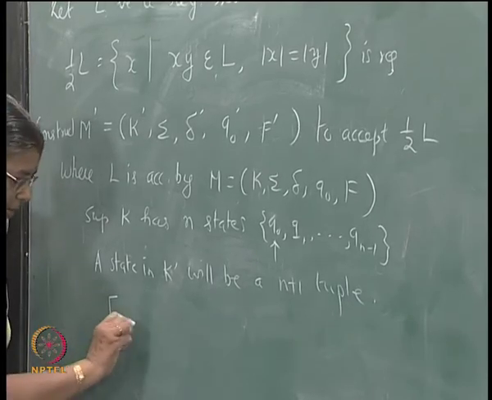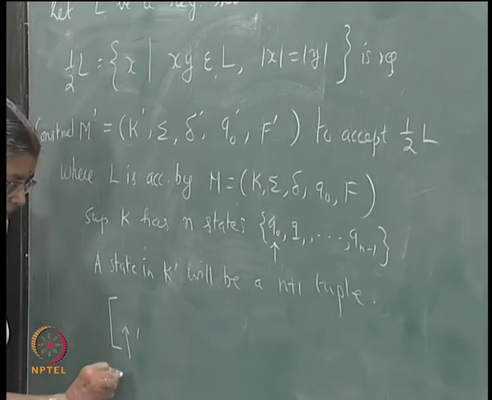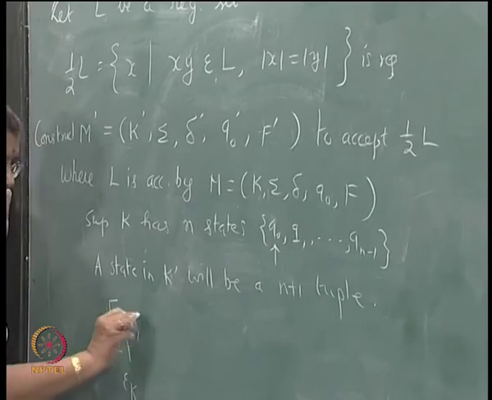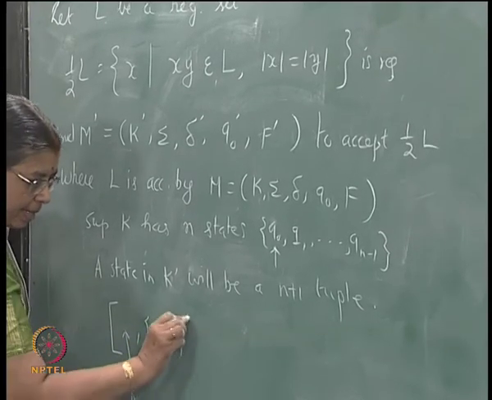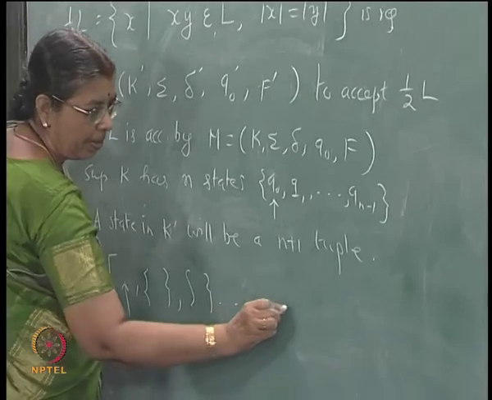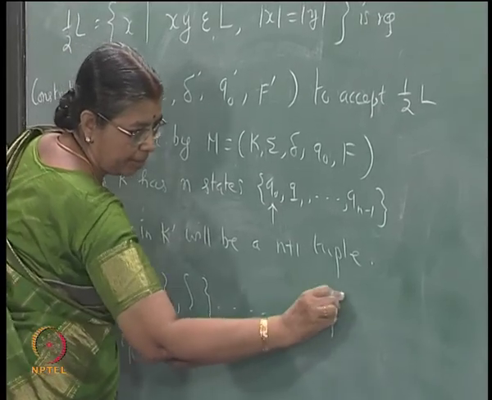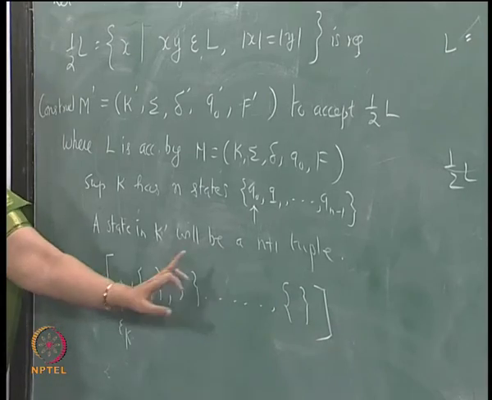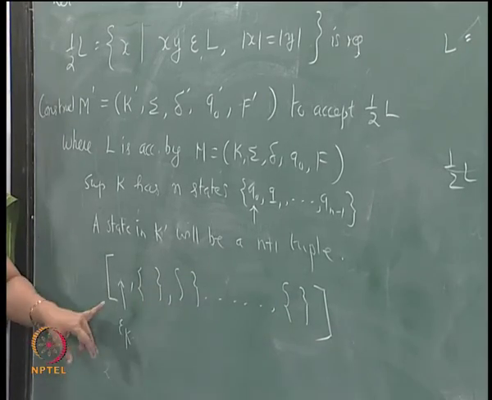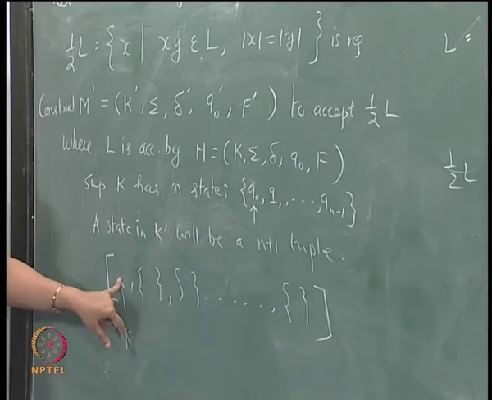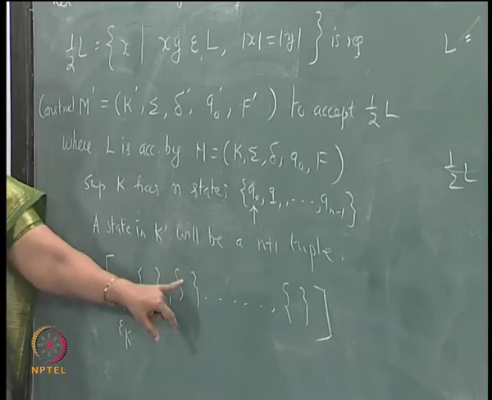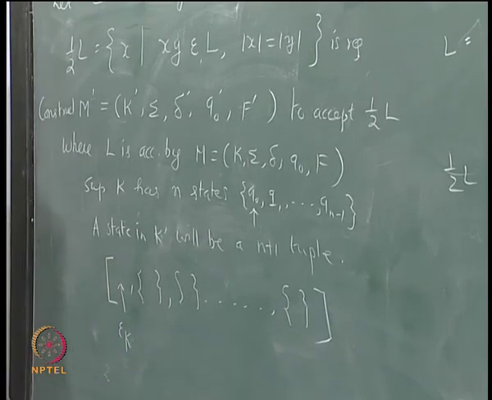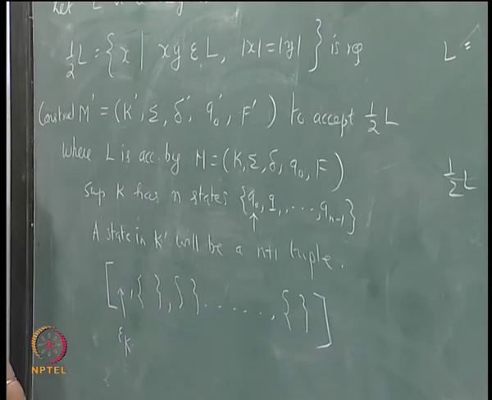The first one will be a state belonging to K. The second, third, up to the last one will all be subsets of K. The first one will be a single state, the remaining n are subsets of K, right,